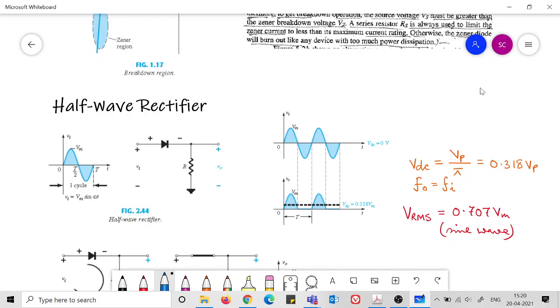So you can see here that in this particular cycle, the first positive cycle, the output that you are getting is also sinusoidal. And what is the voltage that you are getting? Since this is short, this voltage directly appears here. So the peak of that voltage is also Vm.